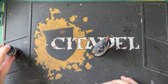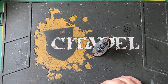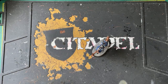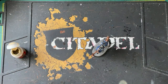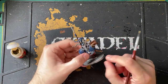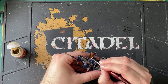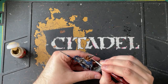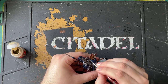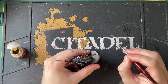Right, we'll have a bit of that. That's done. Now what we'll do is a bit of Zandri dust. Bit of the old Zandri dust. So this is just to paint all the ropes, all the fabric. I think, and then I'll